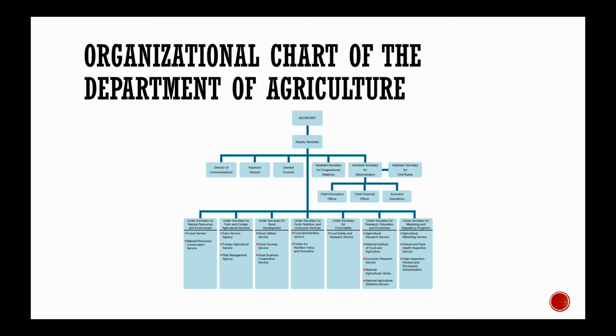There's an undersecretary for natural resources and environment, undersecretary for farm and foreign agriculture services, for rural development, for food and nutrition, for food safety, on and on and on. Because this is sort of the long-term commitment to the Department of Agriculture. And here's the really interesting thing in here. So what you can see inside of some agencies, and this becomes important later on, is that they are tasked with different issues, right?